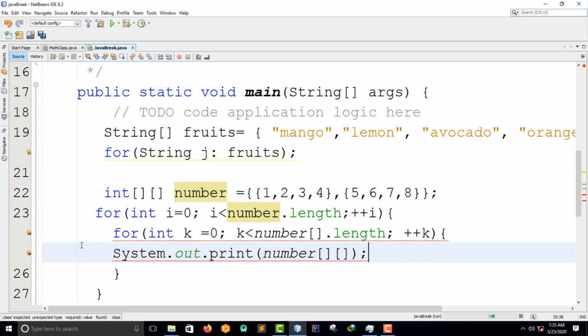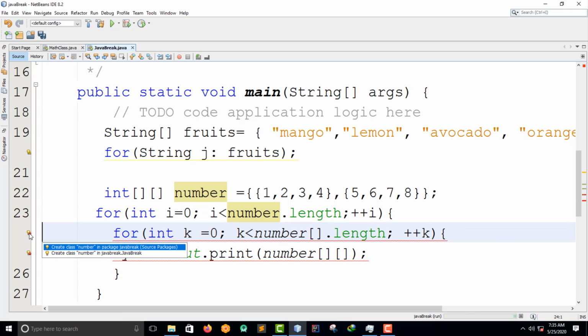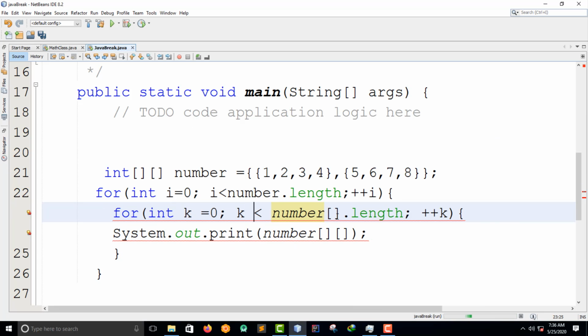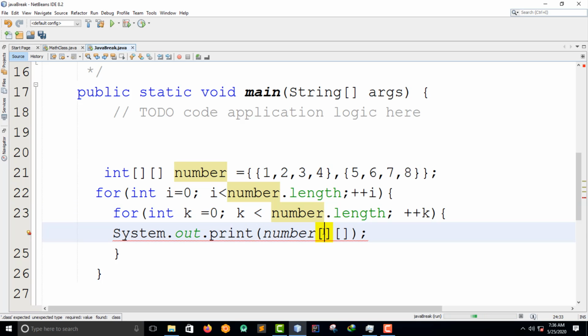Then it seems that there is a problem somewhere. Where is the problem? Oh, I have a problem here. So number. Okay, wait a little bit. Yeah, it seems this is the problem. The length, and then are we done with that? And then the last one, we must say i. The first one is i, right? The second one is k. Yeah. So guys, we are done.